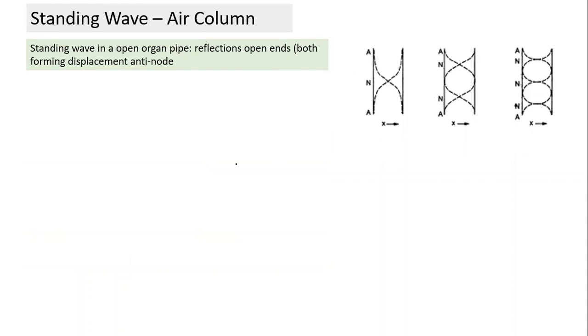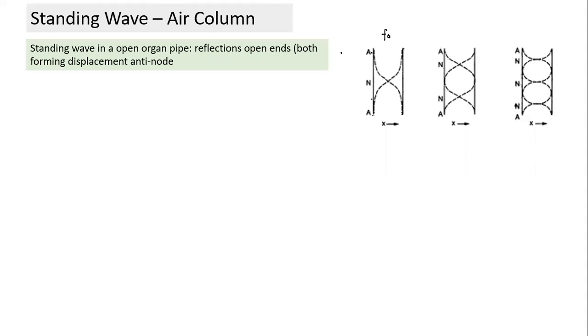We also have something like an open organ pipe. If you understand that part here, both the ends are open, so both the ends will form a displacement antinode, and this is the case. This is the situation for the fundamental frequency. So what you notice if we compare here, what is the length in the case of the fundamental frequency? Antinode, node, and antinode. This also will be lambda by 2, which is very similar to a string fixed at both ends.